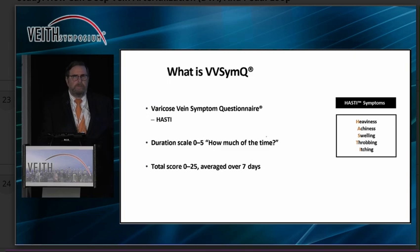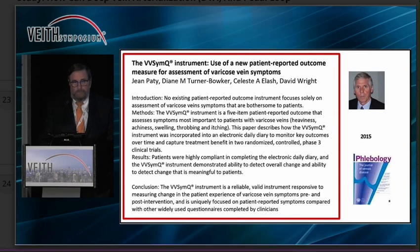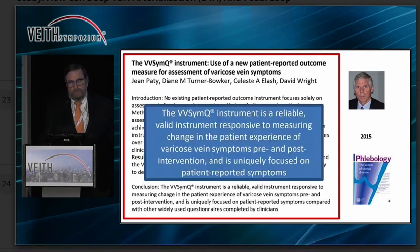How many people know about VV-SIMQ, the HASTI score? This is a varicose vein symptom questionnaire called HASTI: heaviness, achiness, swelling, throbbing, itching. The scale is 0 to 5 for how much of the time, total 0 to 25, averaged over 7 days. But essentially, it's a validated score. And in 2015, the paper came out and said that the VV-SIMQ instrument is a reliable, valid instrument, responsive to measuring change in the patient's experience of varicose vein symptoms pre and post intervention, and is uniquely focused on patient-reported